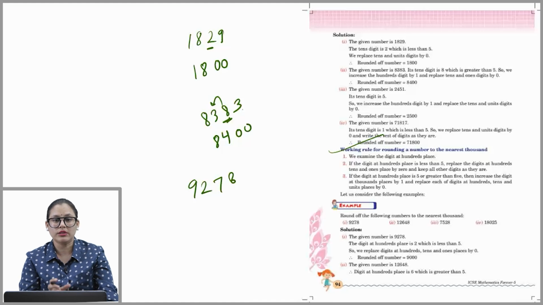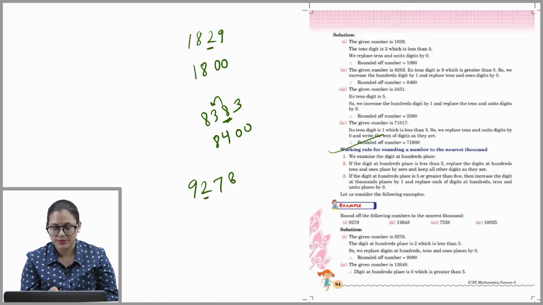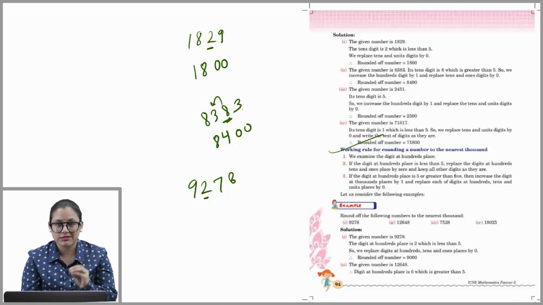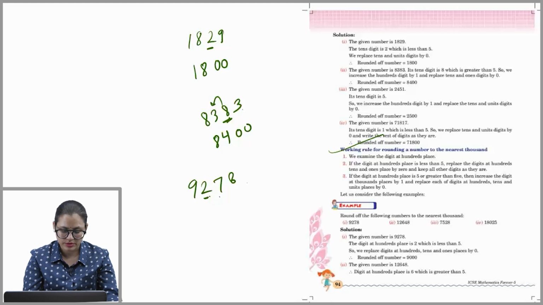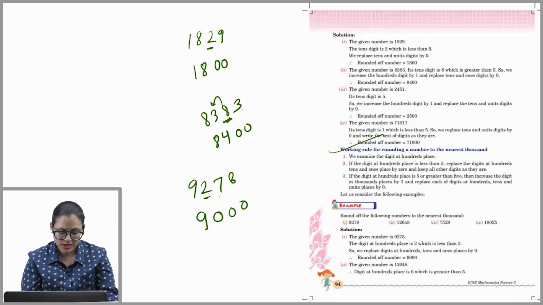9278. Okay, so we will consider the digit at hundreds place. This is less than 5. So, what will we do? We will replace the digits by 0 which are at hundreds, tens and units place. So, 3 zeros and 9 will remain as it is. Next is